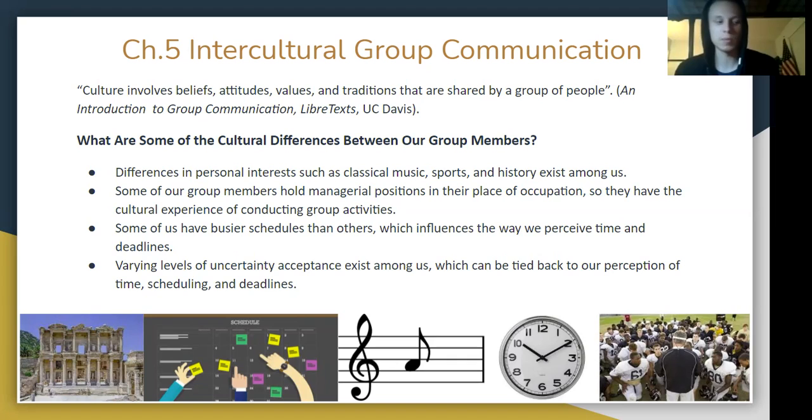Some of us expressed difference in our interests in music, in our hobbies. Some of us liked classical music, some of us like death metal, some of us like R&B and rap, some of us are into playing music, some of us were in sports, and some of us were into history. And so right off the bat, we had subcultures that we each belonged to that gave us the opportunity to test our abilities to communicate over and across cultural boundaries.